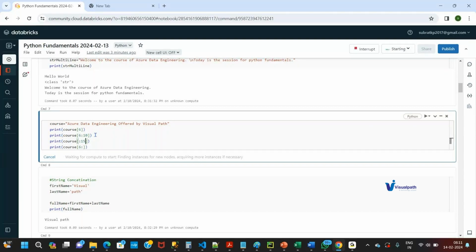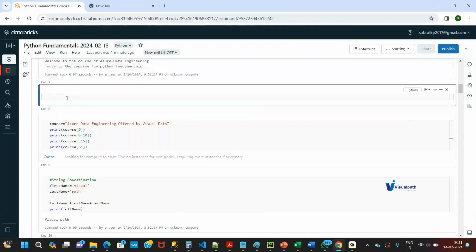Otherwise, in a real-time environment, if you know the file has a specific format, and we know where a particular item occurs, those are the cases where we can use it. Or let's say you know that the first three characters of a particular value we can ignore and we can consider everything else, right? For example, let's say